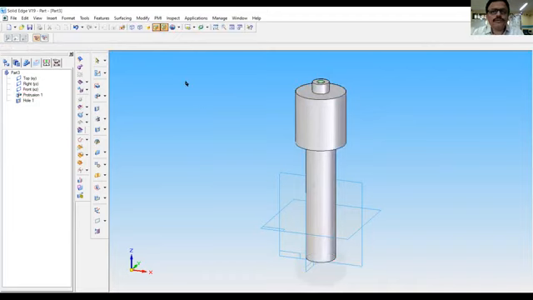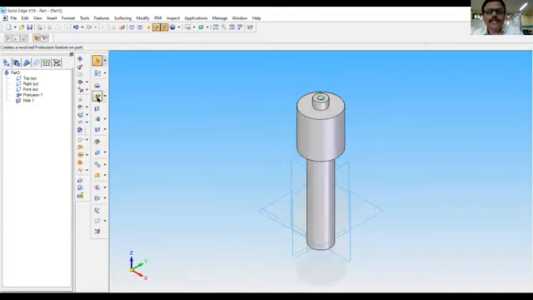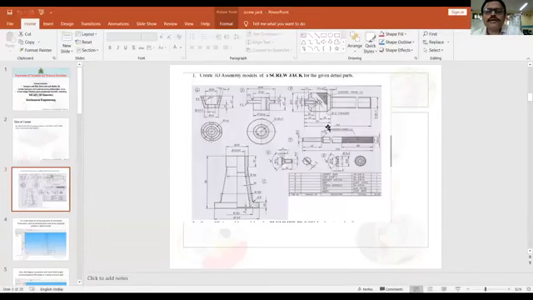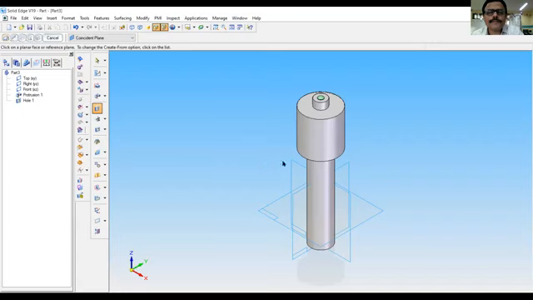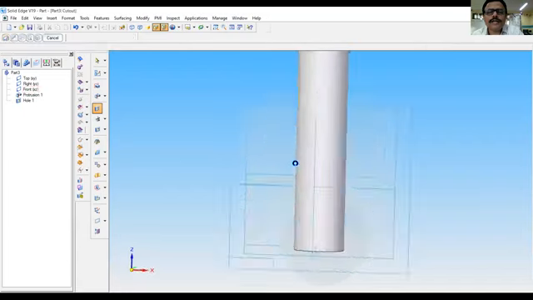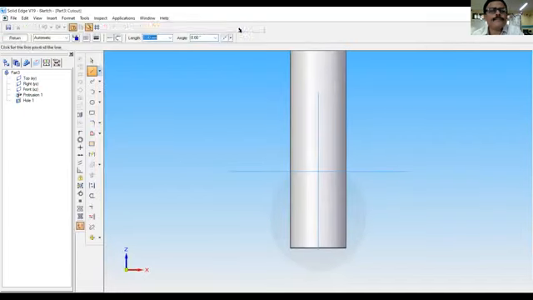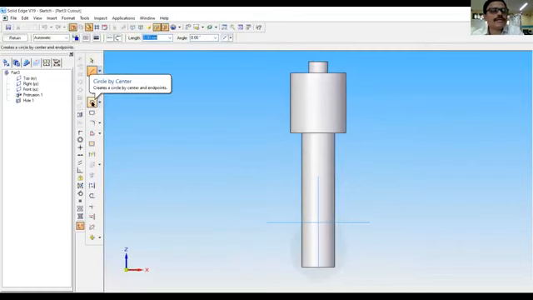Next, you have to draw the hole that is here. This inside hole is to be done for this Tommy bar. This Tommy bar goes into this hole. So that diameter is 12 mm. It is on both sides. Let us do that. So go to cutout option. Choose the front plane. Draw the circle here.